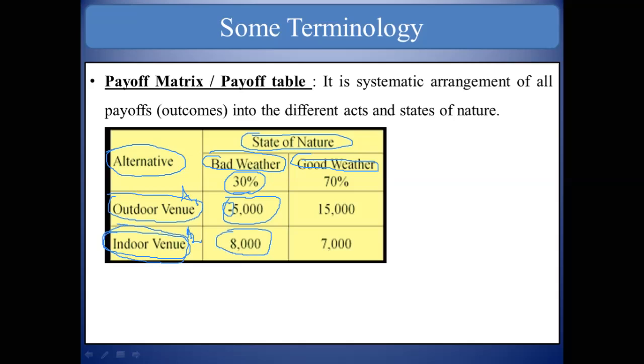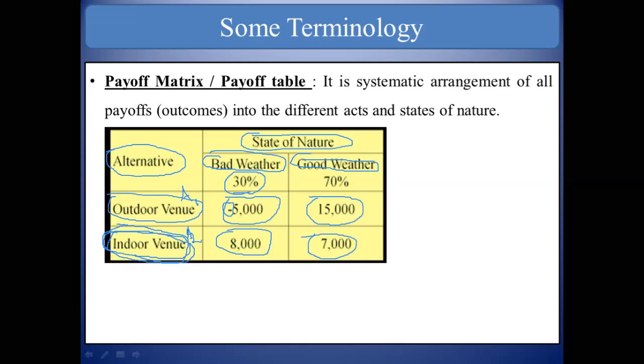At the same time, when weather is good and if you play in outdoor venue, then you will earn 15,000 rupees, much better than bad weather. And if the weather is good and although you decide to play inside, then you will earn less than outdoor venue,